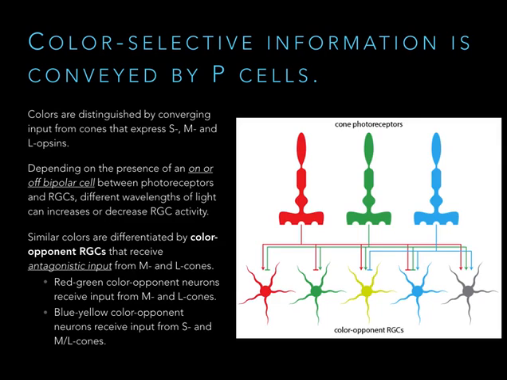The blue-on color opponents are going to be stimulated by blue and inhibited by red or green. So only blue wavelengths will turn on the blue-on. Anything that's longer wavelength will inhibit it. Then there are other retinal ganglion cells that respond to all colors. They just sense dimness. Those are going to be the M cells, which we don't really care that much